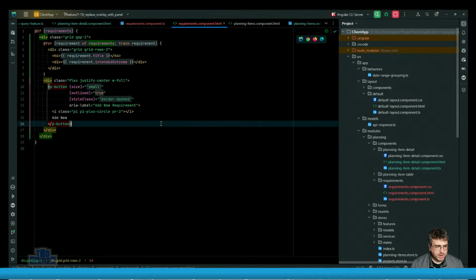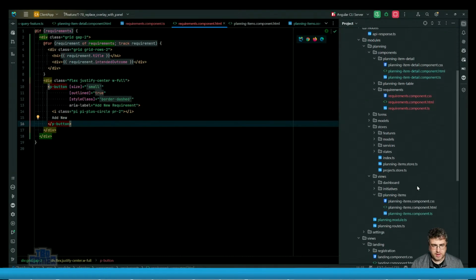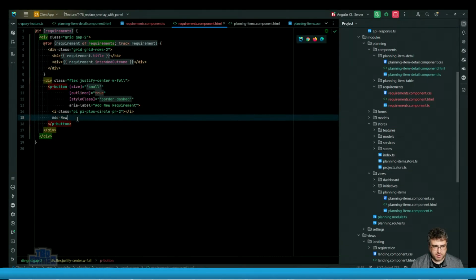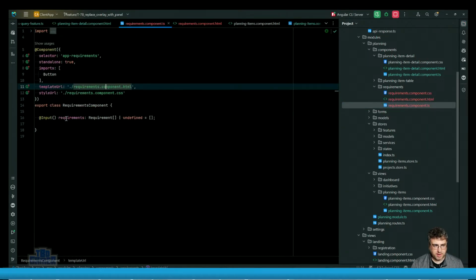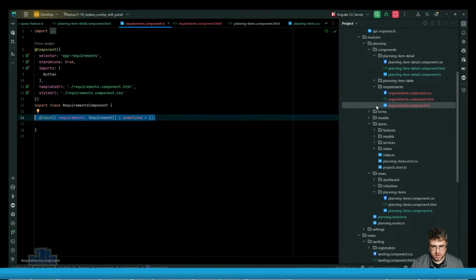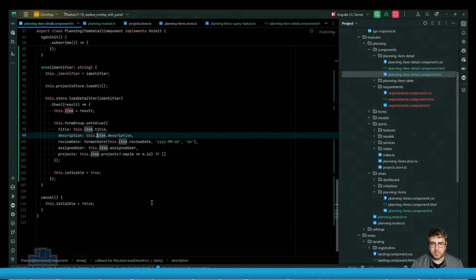I did some work yesterday on the requirements. I think this might not be perfect because the requirements right now is a component that I add in the requirements. I think I might actually just have to set the planning item detail on it. But yesterday,